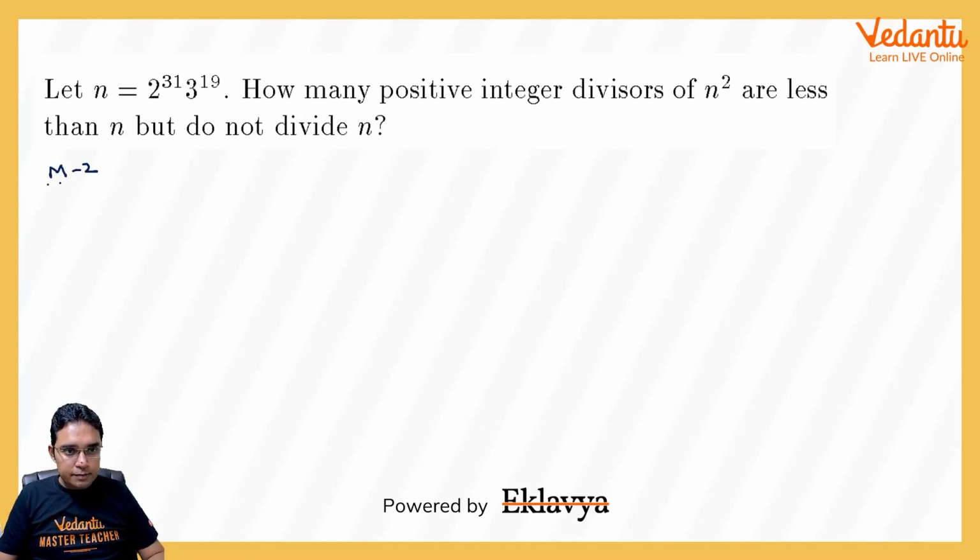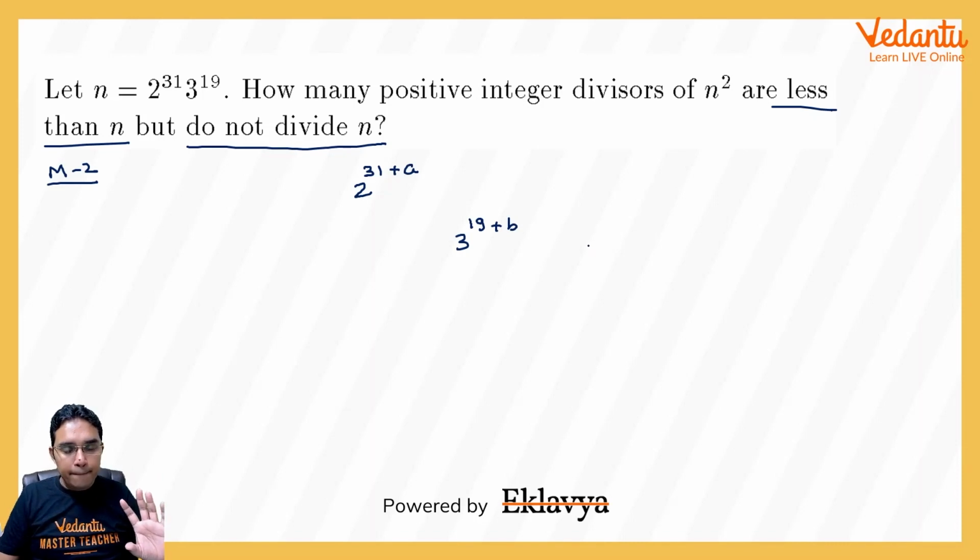Please see what this is. We have to find those divisors which are less than n but do not divide n. Okay, so please understand, if they do not divide n, then it should be of the form where power of 2 is bigger than 31, a is some positive integer, or power of 3 is bigger than 19. Both cannot happen simultaneously, but at least one of them should have power bigger than 31 or 19, then only it will not be able